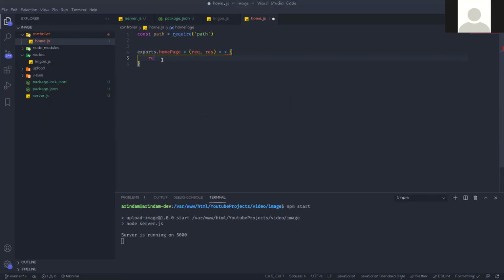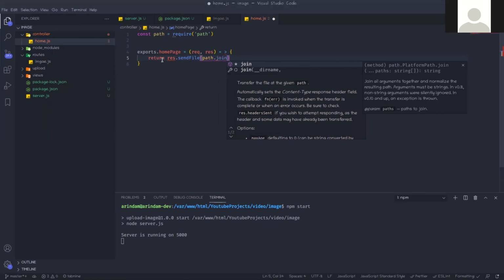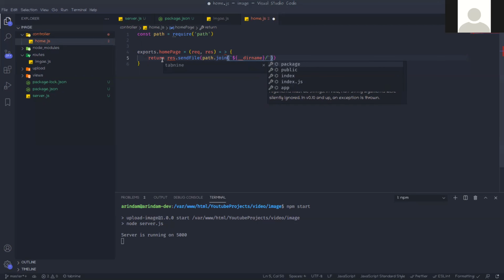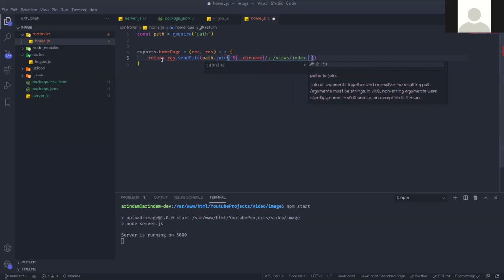And here we just return res.sendFile with path.join, then __dirname, and then views, and then the file name. The file name should be index.html. That index.html has not been created yet. We will create it soon.